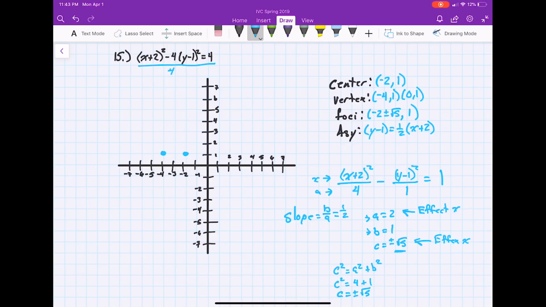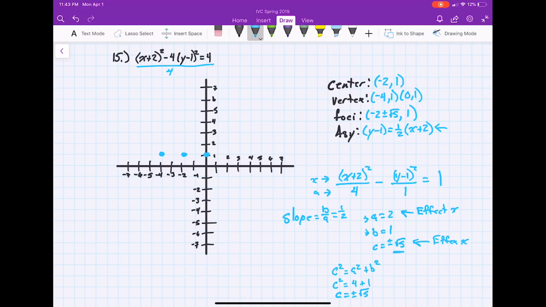But start plotting all these things. We got negative 2, 1, negative 4, 1. We got 0, 1. And then we can start figuring out where our asymptotes are going to be. And since our slope is 1/2, you go up 1 and over 2, down 1 and over 2, and that defines one of the slants. And the other slant is just a mirror of that,